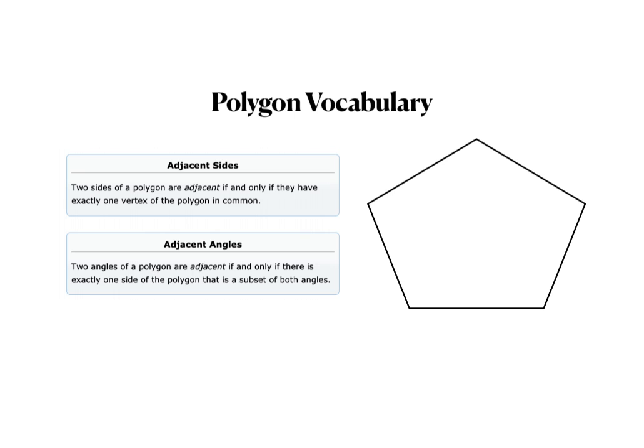Today we're going to talk about special quadrilaterals. But before we do that, we need to go over some vocabulary. The first refers to adjacent sides. Two sides of a polygon are adjacent if and only if they have exactly one vertex of the polygon in